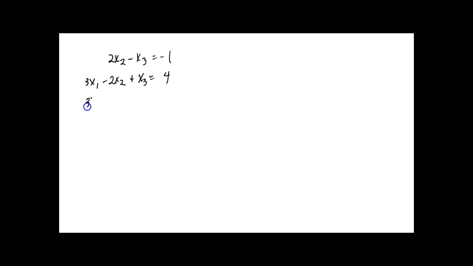And 3x1 plus 2x2 minus x3 is equal to minus 4. Or